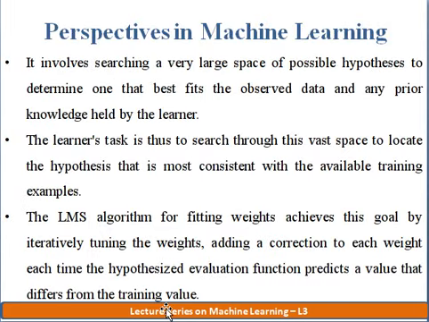The next topic is what are the perspectives in machine learning. So machine learning involves a very vast hypothesis space search. That is, it involves searching a very large space of possible hypotheses to determine the one that best fits the observed data and any prior knowledge held by the learner. For example, consider the space of the hypotheses that could in principle be output by the